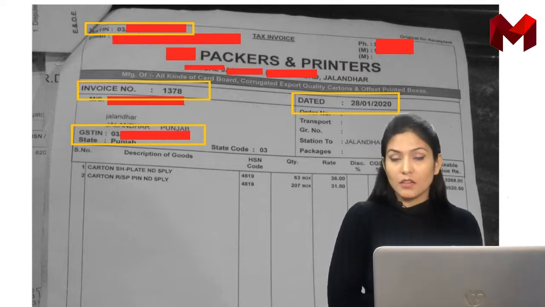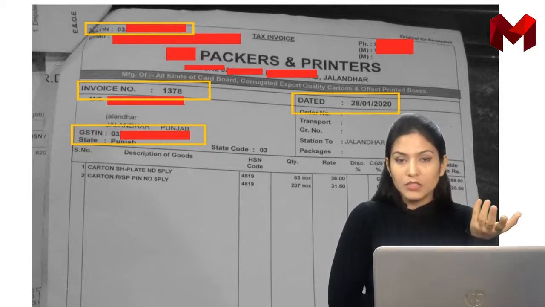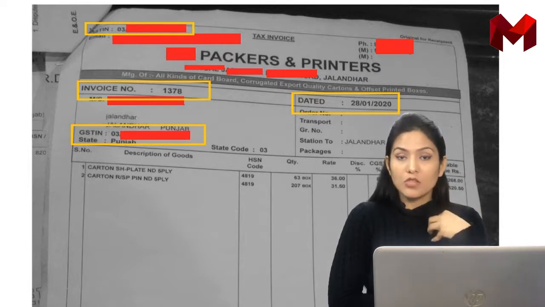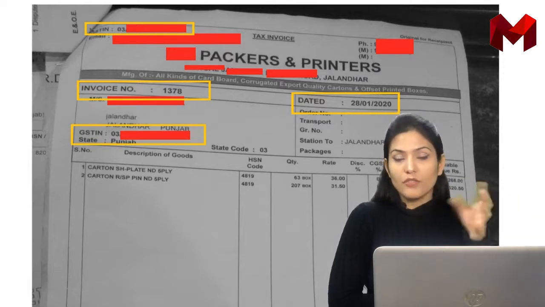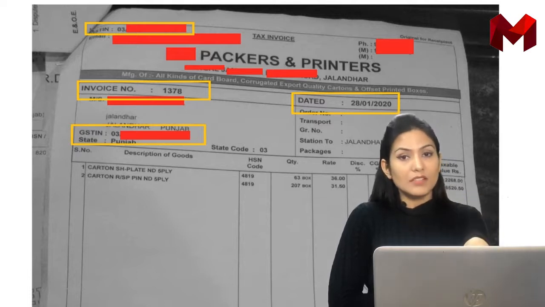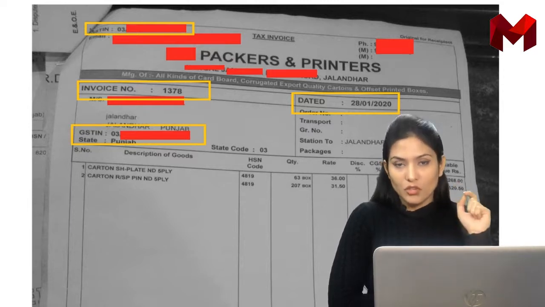Carton boxes are being purchased, and we are footwear dealers. We are not dealing in carton boxes. We are not in the business of sale or purchase of carton boxes or packing materials. So if we are purchasing these packing boxes, that means we are purchasing them for in-house consumption during our process of selling or manufacturing, you can say.